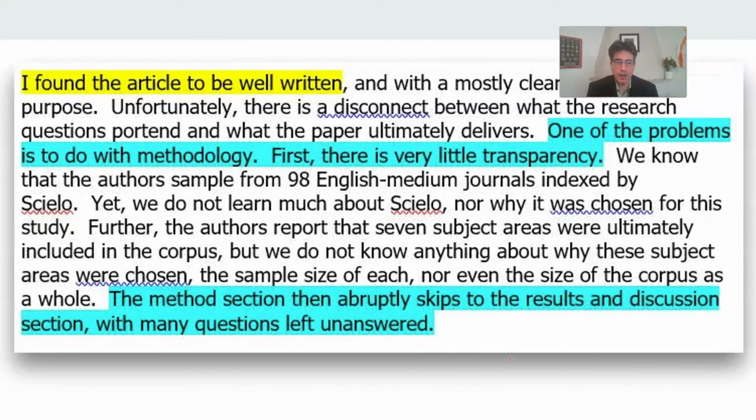And here you have it: there is very little explanation of things, why they chose the material they chose for analysis, and just very little transparency, which kind of gets reviewers to begin to think, well, what are they hiding here? Why are they not being forthcoming about what they did? There may be no reason at all, but the very role of being a reviewer requires one to be as critical as possible. And I know that sounds kind of mean, but